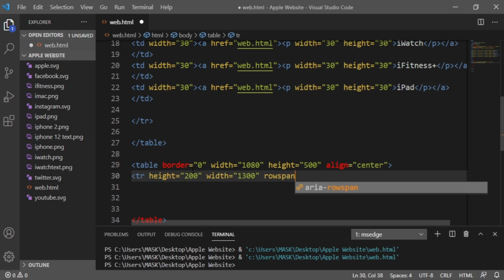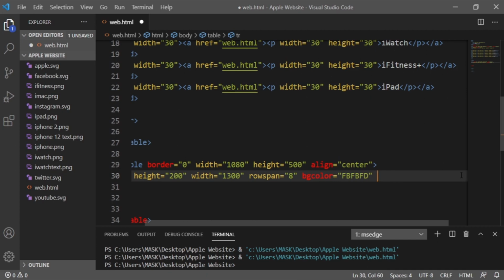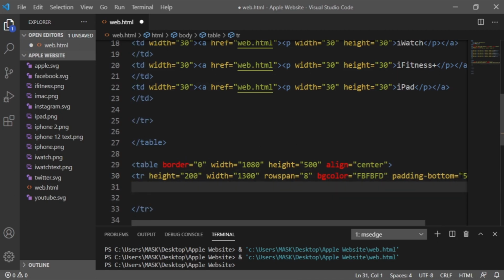Row span will be 8. And background color will be FBFBFD. Let's give it a padding bottom, which is 50. Now let's close this. Now inside this,